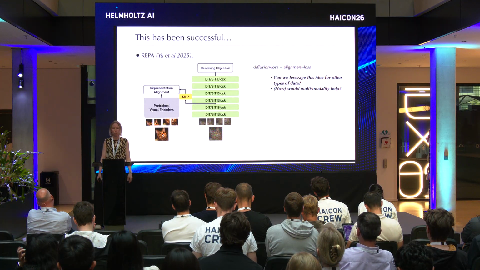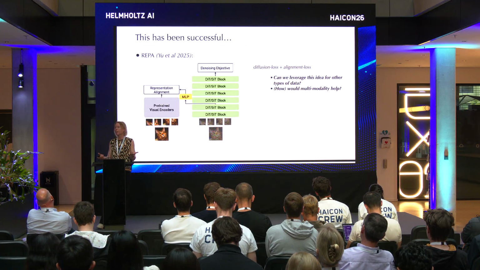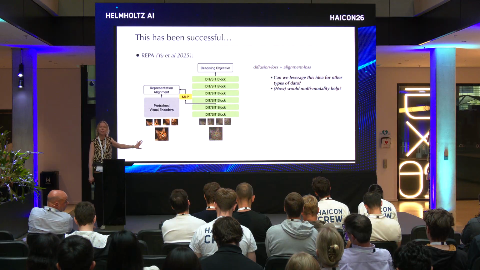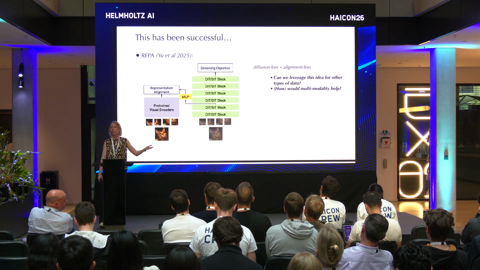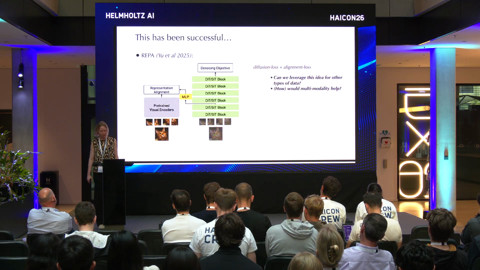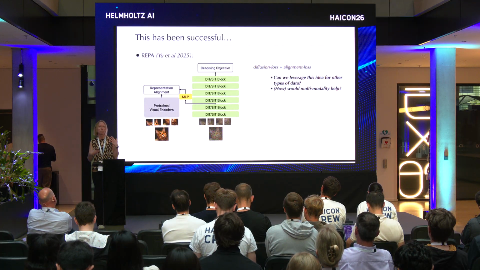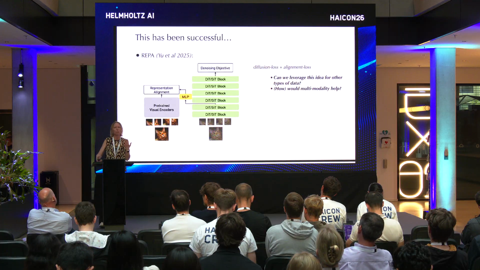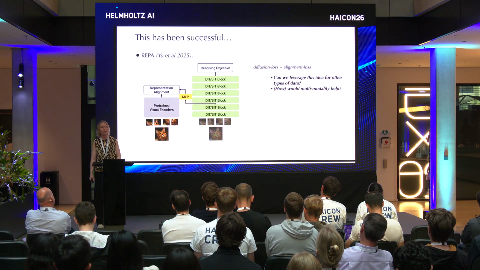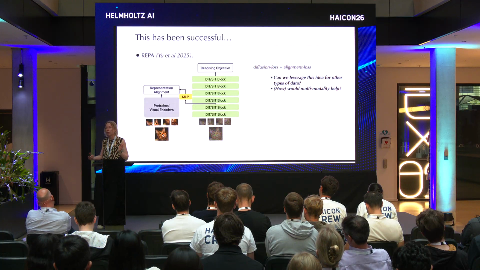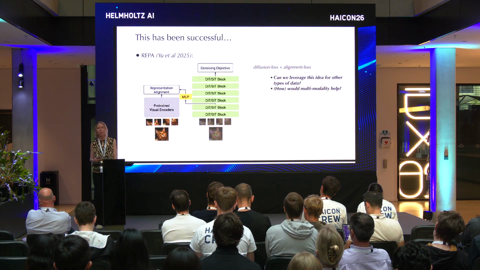Maybe we don't only want to generate images, we want to generate other things as well. The second thing is, once you generate other things, maybe you want to align with whatever that other thing is. Of course, not only images. But maybe there's more you can do to guide it. Maybe there's more information. We saw that multimodality helps. Maybe you can actually exploit multimodality also to help learn these generative models.